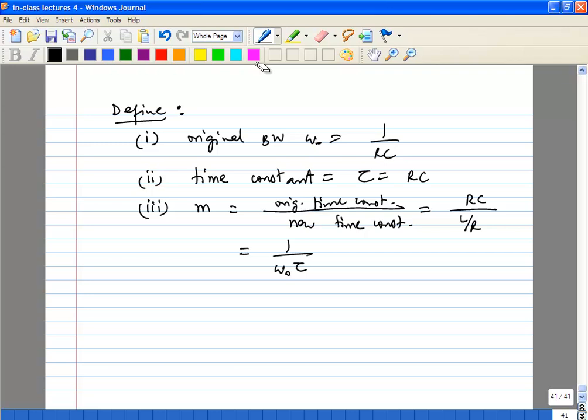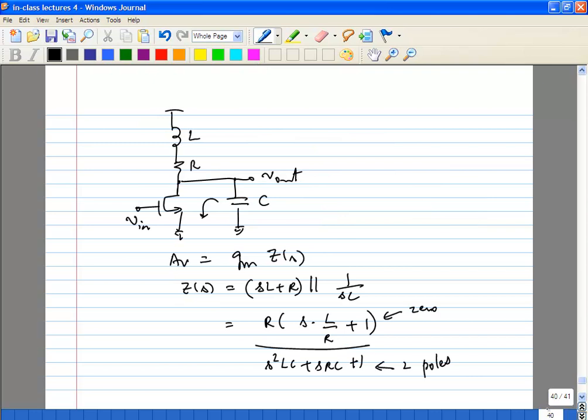Oh, sorry, this is the new time constant. Tau is the new time constant L over R. Okay, is that clear? So now we can look at the normalized impedance Z of S over R, which is nothing but S tau plus 1 over